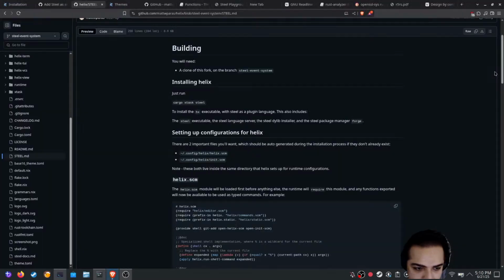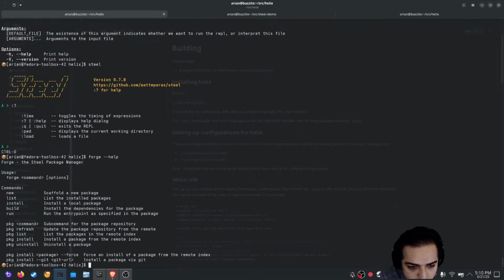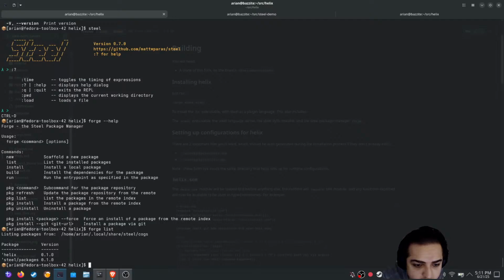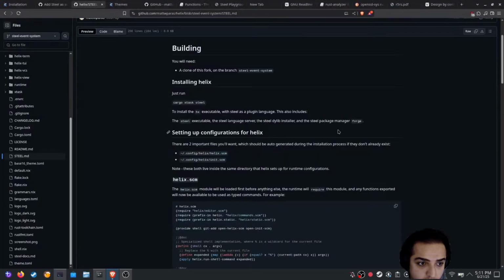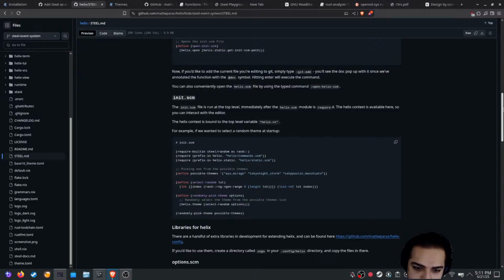And there's a package manager called Forge. Okay, that's cool. There's two packages installed, Helix and Steel. I'll have to investigate it more. But anyways,